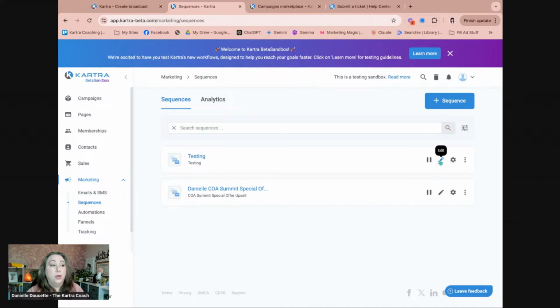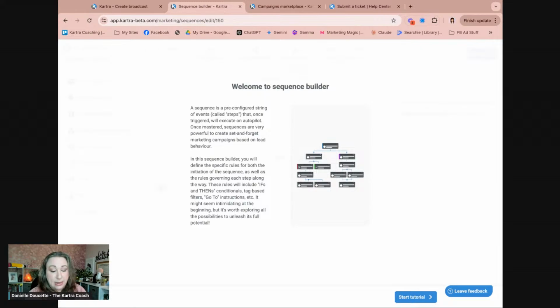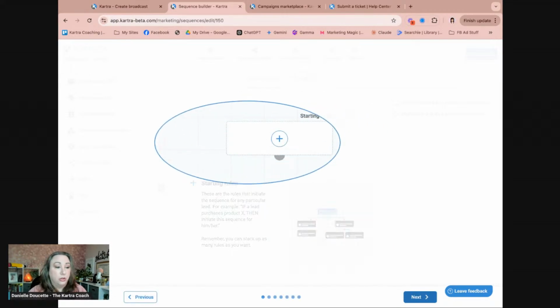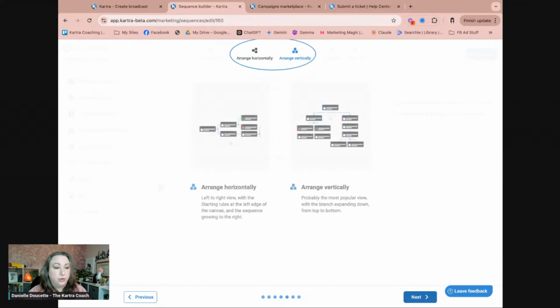Okay. So, same thing with editing sequences. We have a pencil that's going to be edit. And then we also have our settings, which is going to be the name. And they are separated out. So you no longer have to do the two. So let's go through the tutorial real quick